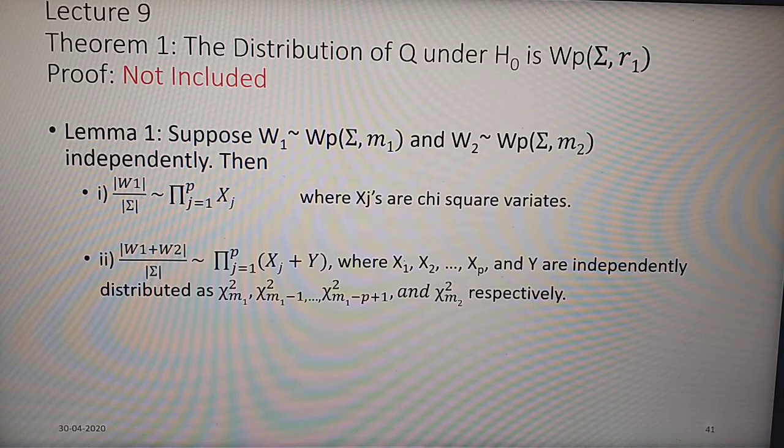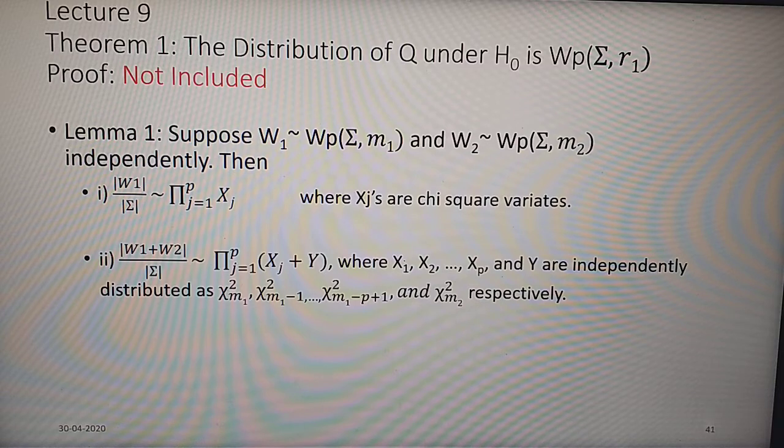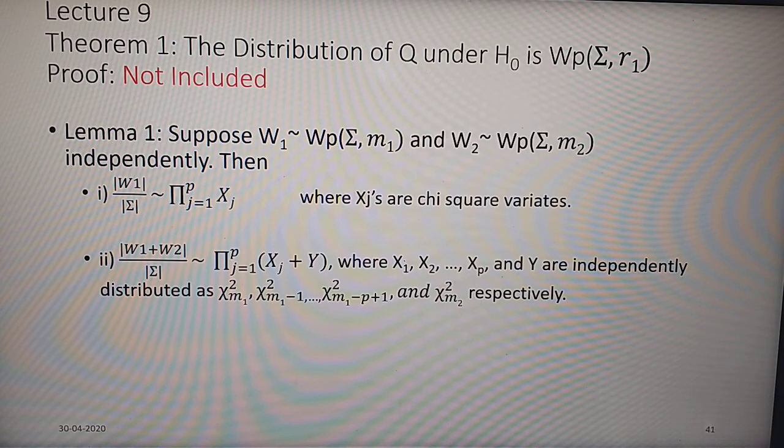Suppose W1 follows Wishart P sigma M1 and W2 follows Wishart P sigma M2, independently. Then number 1, determinant W1 by determinant sigma follows the product of x's, where x's are chi-square variates. And number 2, determinant W1 plus W2 by determinant sigma follows the product of xj plus y, where x1, x2, xp